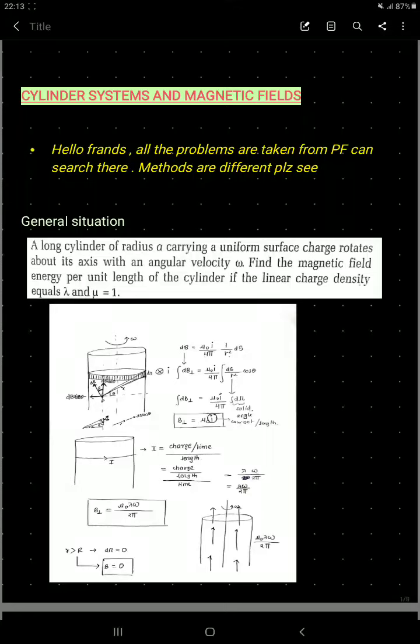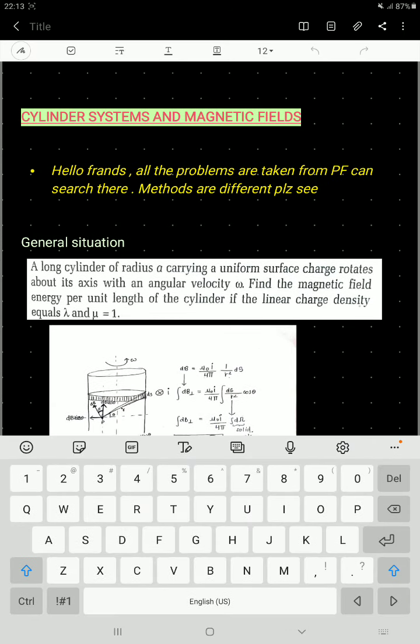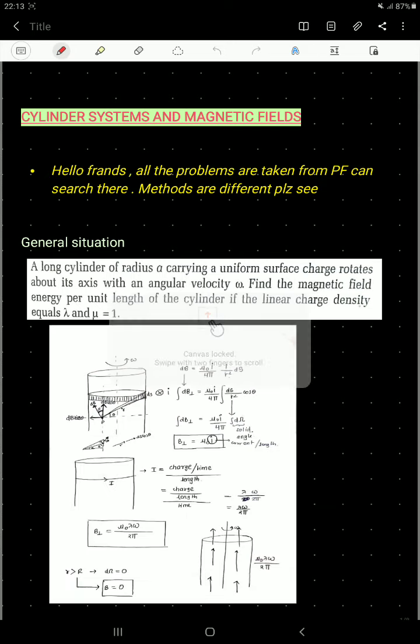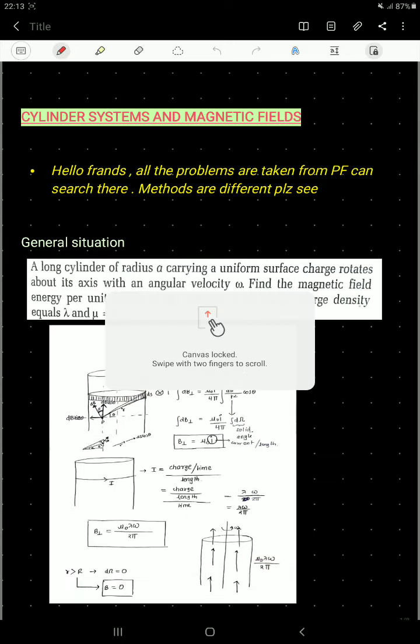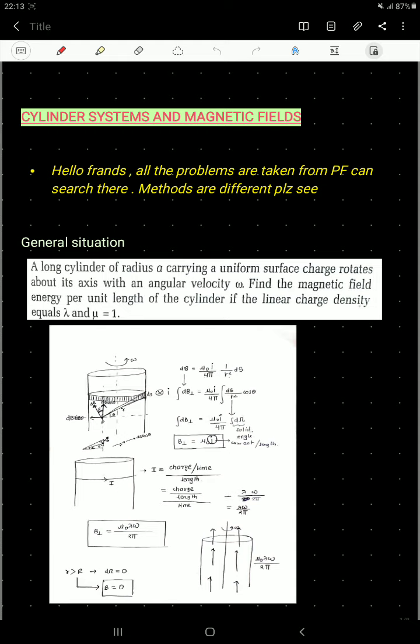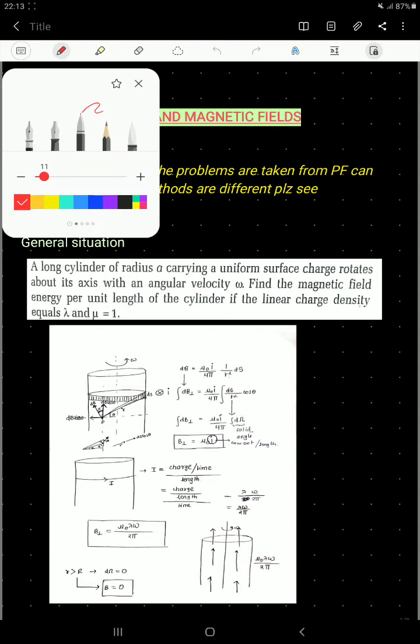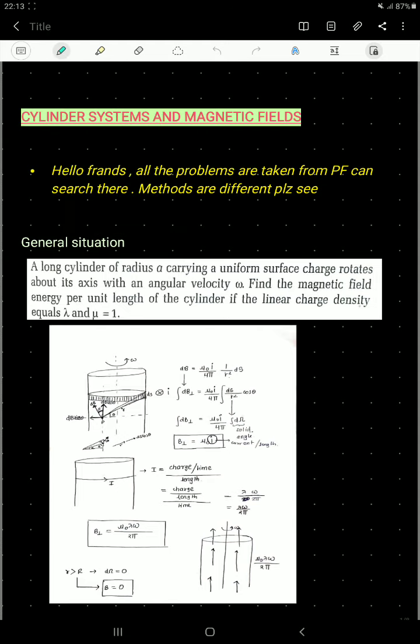So today I'm going to discuss 6 amazing numericals on electromagnetic induction, and they will be based on a similar type of phenomenon. That is, we are going to discuss the cylindrical systems, and how they behave when we keep them in a constant magnetic field, or they are rotated and something like that. Whatever will happen, we'll see that here.